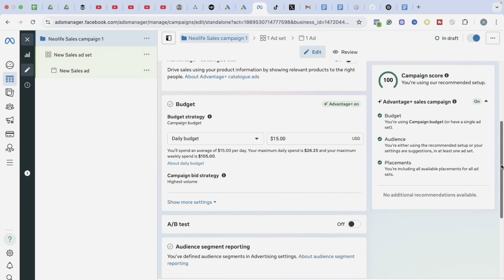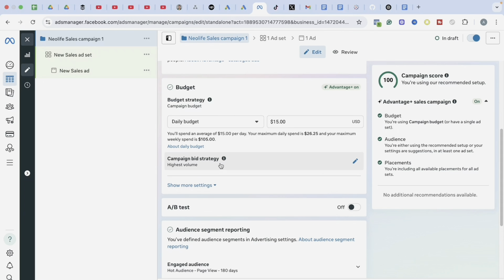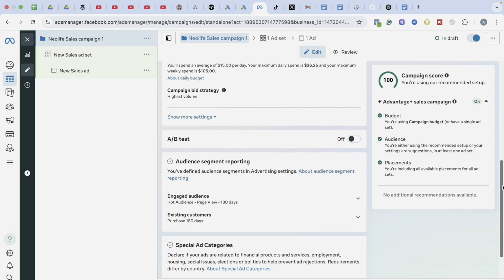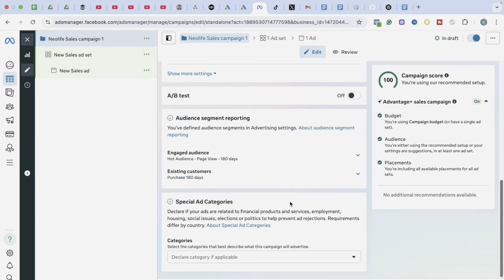When you move down a bit, you see campaign bid strategy, and I will leave this as highest volume. Then under audience segment reporting, I'm not going to do anything here. These are audiences that I've done before. This is just for reporting. If you have this as blank, you can leave this the way it is. It won't affect the performance of your campaign. Under special categories, I'm not going to do anything here, and we are good with the campaign level now.